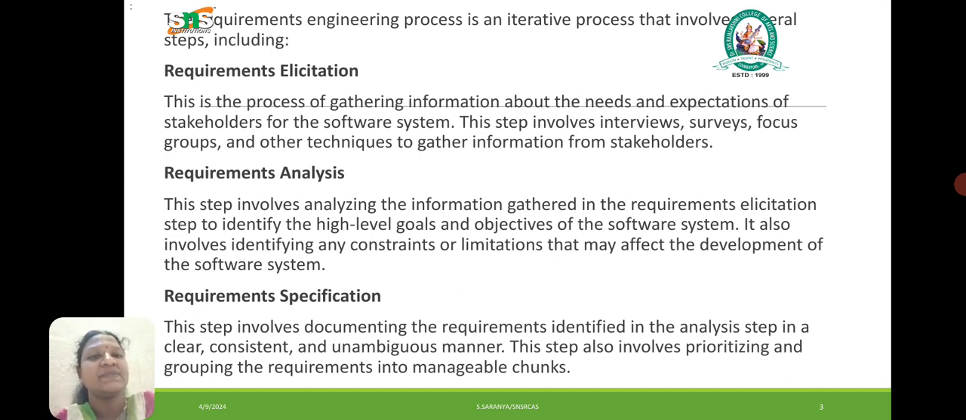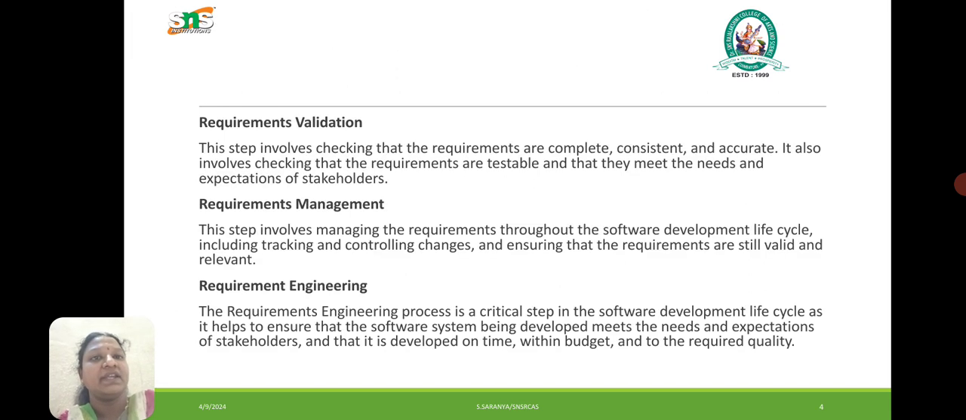Next is requirement specification. This step involves documenting the requirements identified in the analysis step in a clear, consistent, and unambiguous manner. This step also involves prioritizing and grouping the requirements into manageable chunks. Next is requirement validation. This step involves checking that the requirements are complete, consistent and accurate. It also involves checking that the requirements are testable and that they meet the needs and expectations of the